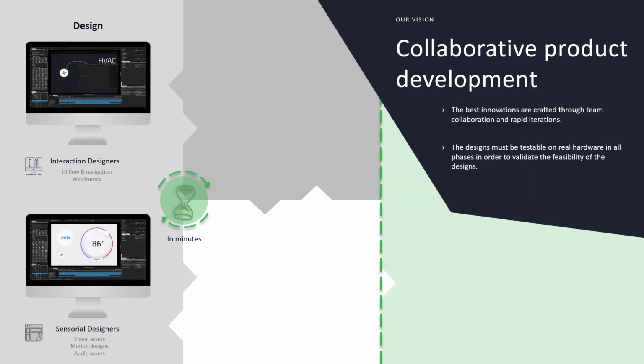But then they can export those from those tools and import them into the Qt Design Studio, and they can finish the design of the UI in there, and they can add the interactions, animations, navigations into the tool. Behind the scenes, what happens is that the Qt Design Studio is saving the UI and designs in QML, in the Qt markup language format, which is actually the final UI